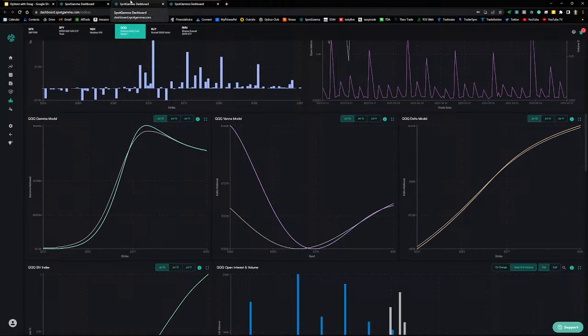All right, let's take a look at some setups. So, well, let me get to my thesis first. So the thesis for the day, I think obviously with the positive gamma for all indices, I was looking for a lower volatility day. And my directional bias was bullish for the S&P 500 and Nasdaq based on the shifts higher in levels. Traders were looking for higher prices and positioning themselves in the options market for higher prices. So they were expecting higher prices.